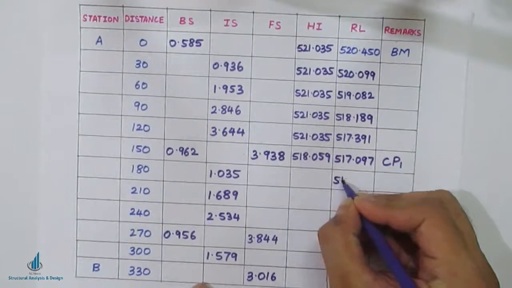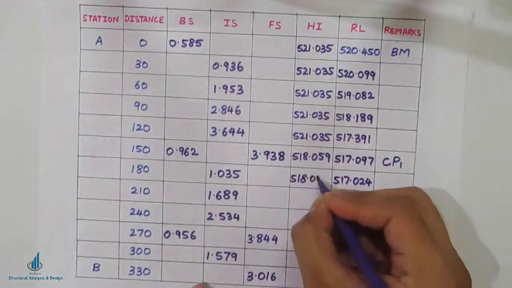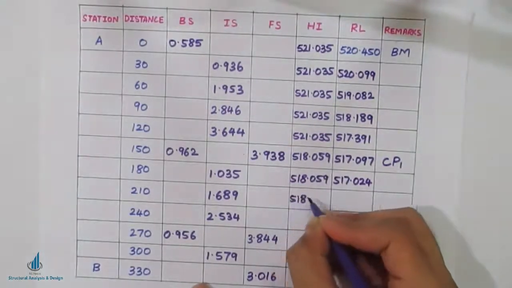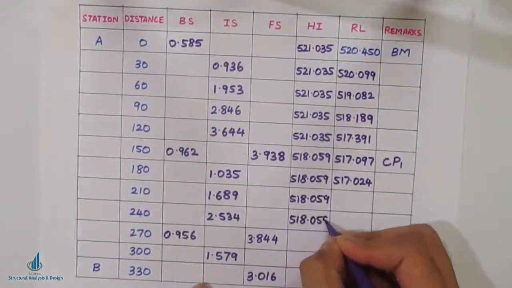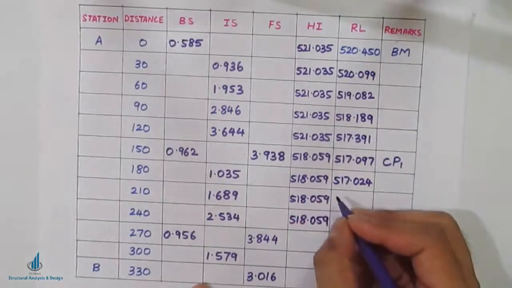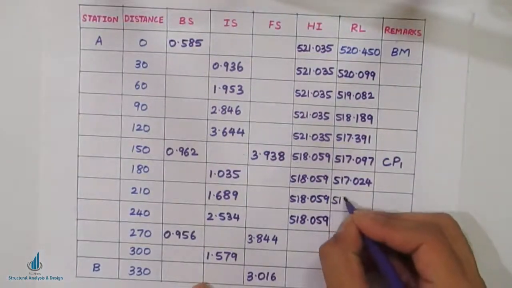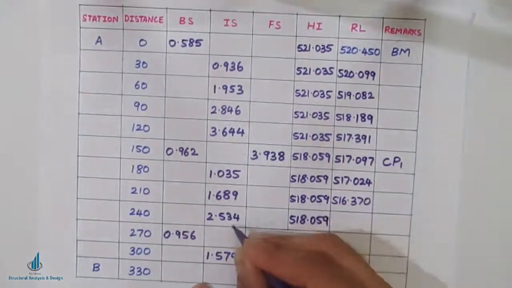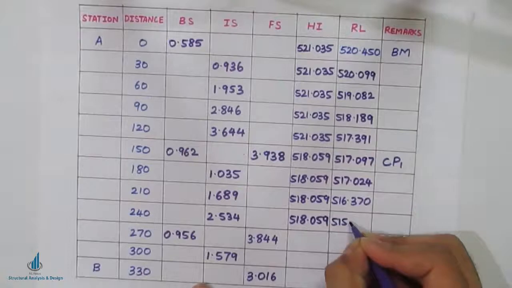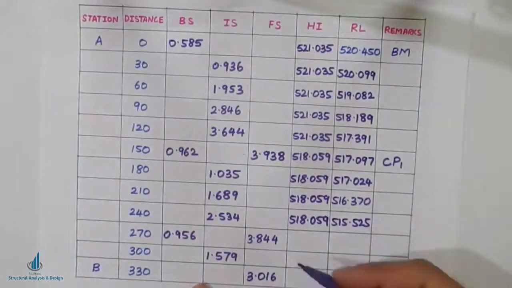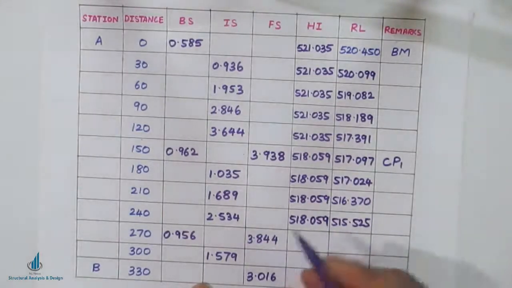So you can write down here same HI 518.059. You can write down 518.059 minus 1.689, you will be getting 516.370. 518.059 minus 2.534, you will be getting 505.525. So again there is change point. So what you do is, as usual, 518.059 minus 3.844, you will be getting 514.215,